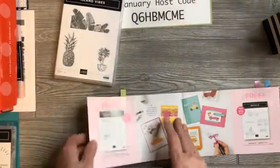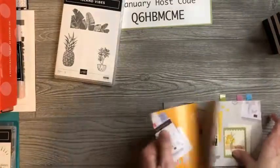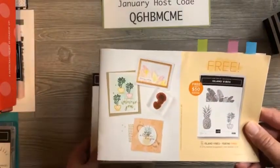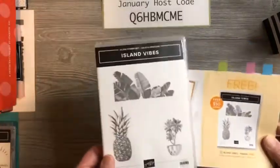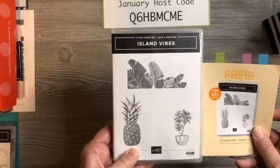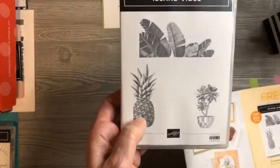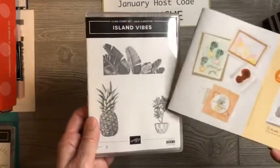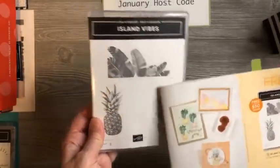I've got the Island Vibes stamp set. There's 3 stamps in here. They look actually quite detailed. I mean, let's look at that pineapple and all the detail in that pineapple. Look at the detail in those. So they're intricate